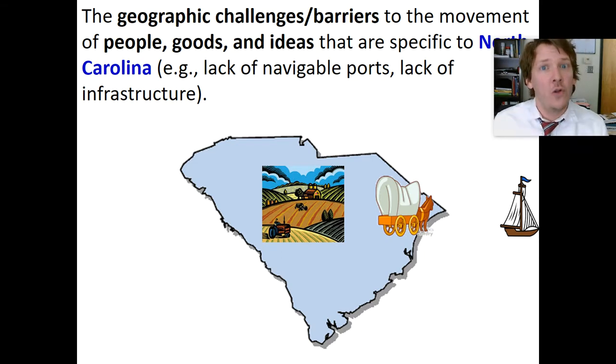It's obvious. And so if you look at the history of South Carolina in the 1600s and the 1700s, that's where the agriculture is. That's where the farming is. That's where then the people, that's where the goods go. And you'll see South Carolina grows, Virginia grows, but North Carolina doesn't grow because of a geographical barrier.